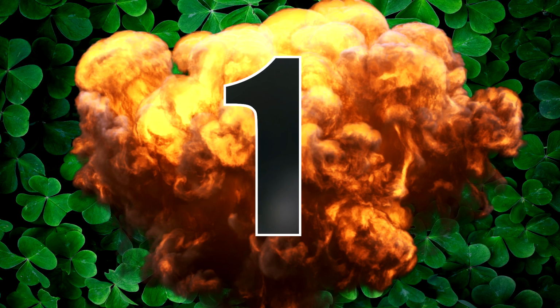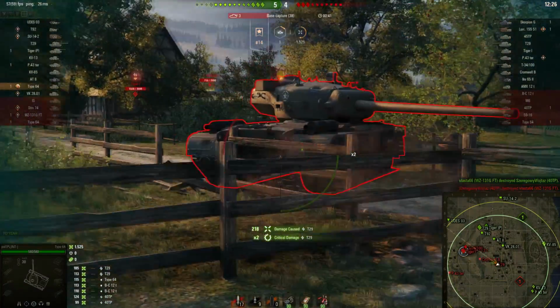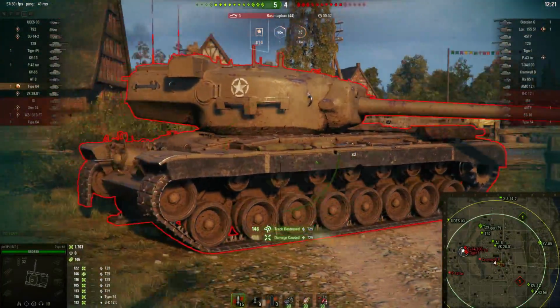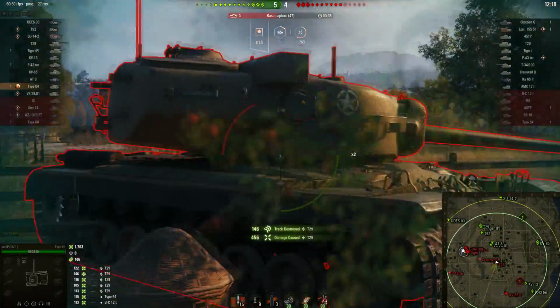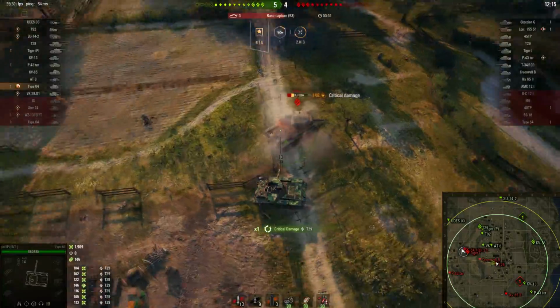So now guys, the moment you probably all have been waiting for, the number 1 spot and the best stat padding tank in World of Tanks is the Type 64. Okay, so before I start, it was a very hard choice for me to choose in between the Cromwell and the Type 64 for the number 1 spot, since both tanks play almost identical and also have almost identical stats,